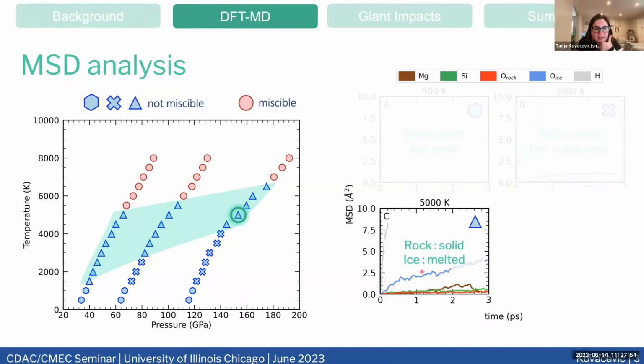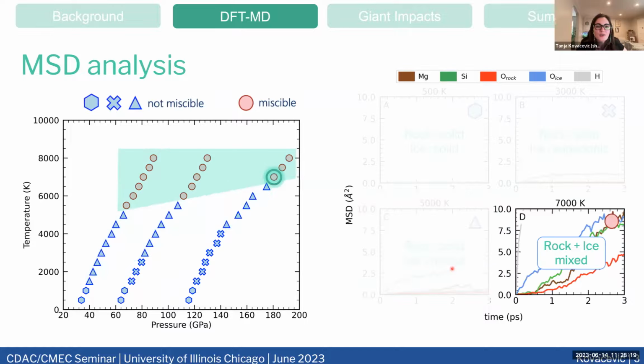So yeah, we see that the MSD is slightly going up for these. Again, we're only looking at the Z direction, so there's only so much area that water can move in when we had the rock and ice on top of each other. So the behavior is a little subdued, the MSD is a little subdued, but if you look at it in 3D, again, you're going to have to trust me. You can look at the paper, it is diffusing a lot more than what's shown here.